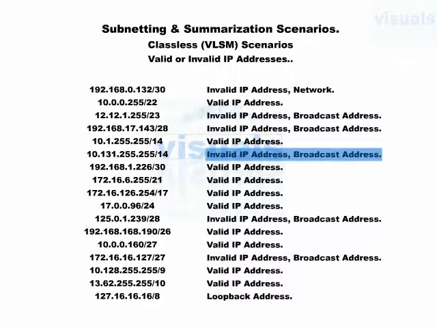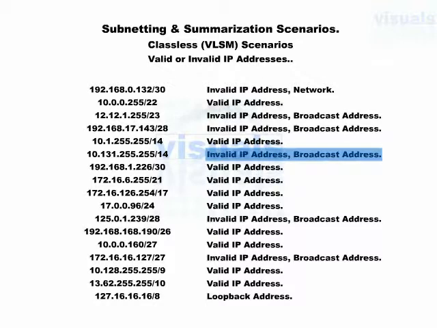Yes, it is 252, and the block size of 4. So by applying the difference of 4, 4, 4, 4, 4, 4, 4, 4, yes, 128. I can get to 128 because of much practice. Okay, and 128 to, okay, now this is the broadcast address of the network